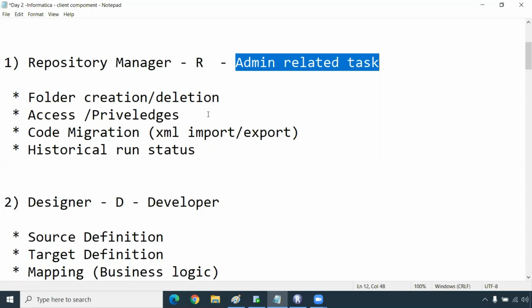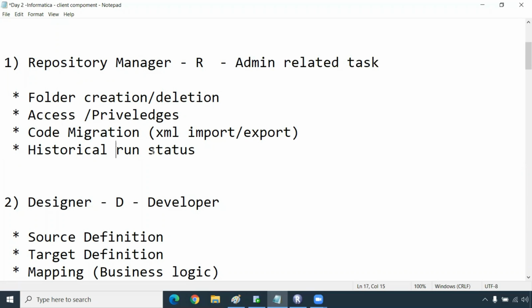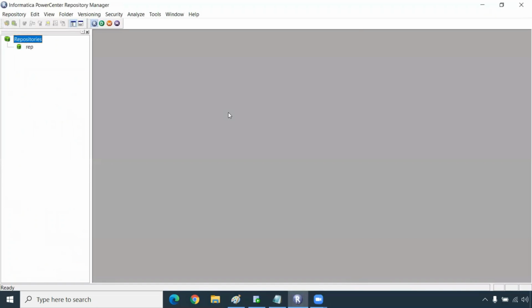For example, you get the XML from the production environment and you have to modify the existing logic. Then you can import the production XML into a dev repository and make the changes. All this you can do by using the Repository Manager. We can also see the historical run status using this Repository Manager.